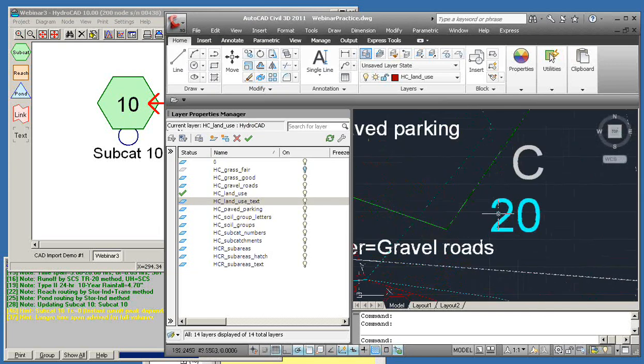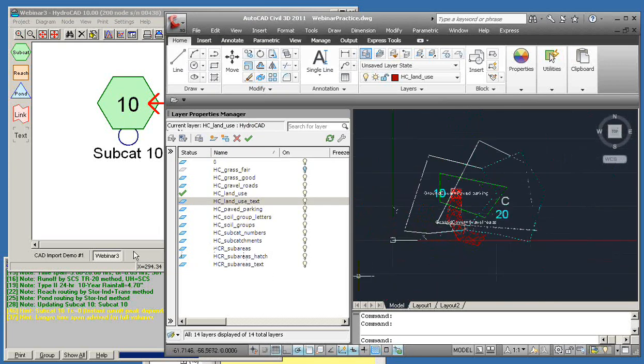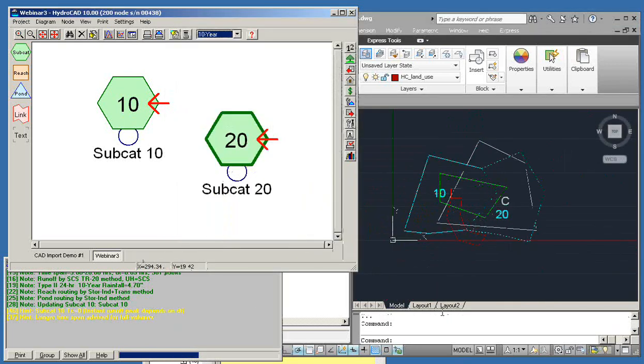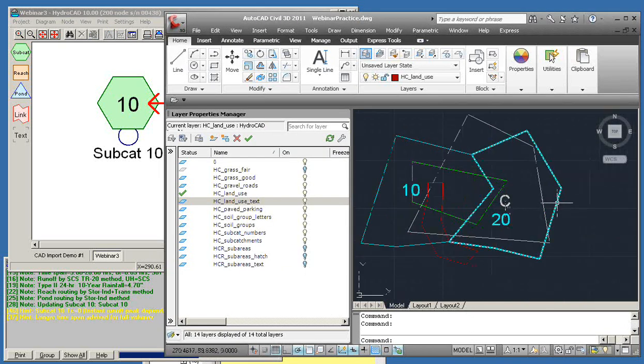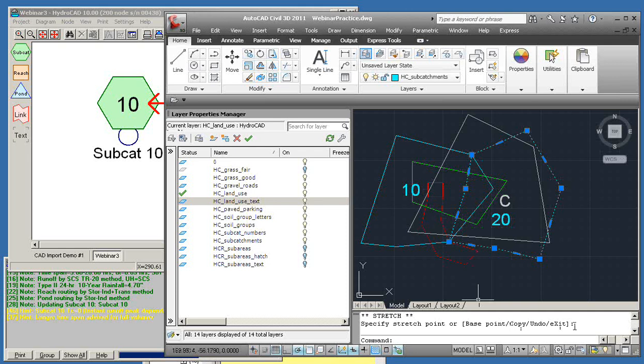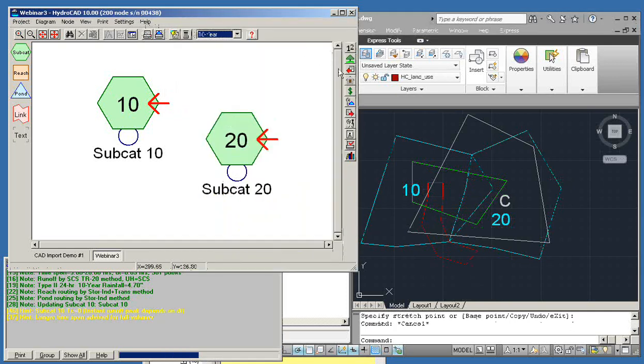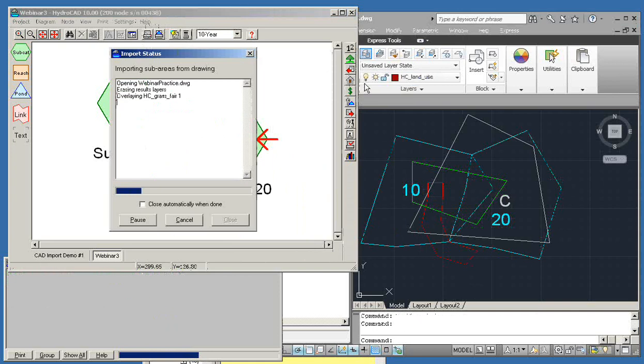One of the things that you may have occur to you, let's turn off our result layers here again. And if we come back to the drawing, let's take this particular subcatchment and let's edit that subcatchment boundary. So we're now overlapping these two subcatchment boundaries. This is something that you generally shouldn't do, but I want to show you how it behaves when we do the import. And if we do import now,